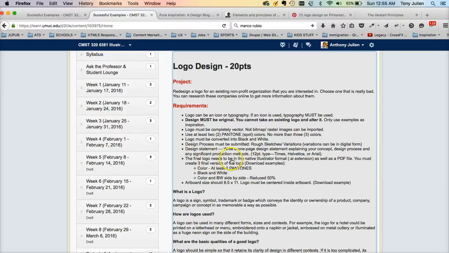As I mentioned here, the final logo needs to be in Illustrator format as well as PDF. And so you must create 3 final versions of the logo: 1 color with 2 Pantones, a black and white version, and a color and black and white side by side reduced 50%. So you have to have the logo reduced to half the size that you created. Your artboard size should be 8.5 by 11, and the logo should be centered inside the artboard. Okay, so